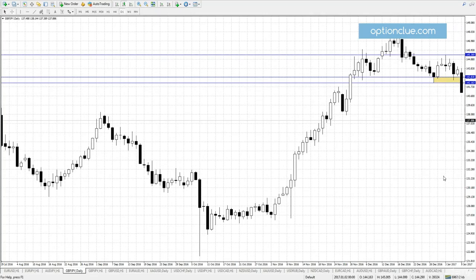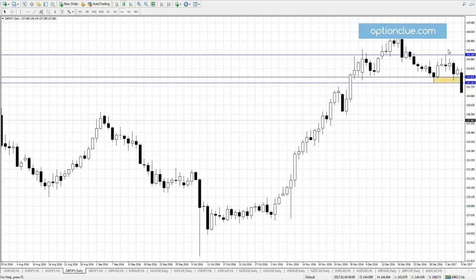What should we do in this situation? The first option is to wait for the correction and search for a rebound signal on the daily time frame. The second option is to switch to a smaller time frame and wait for a market entry signal on this time frame. For this purpose, it's necessary to plot the levels of the smaller time frame on the chart. It should be noted that for the analysis, it's important to know where the nearest support and resistance are. They allow you to determine the market entry and exit points.